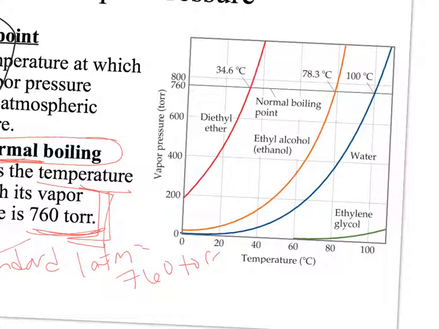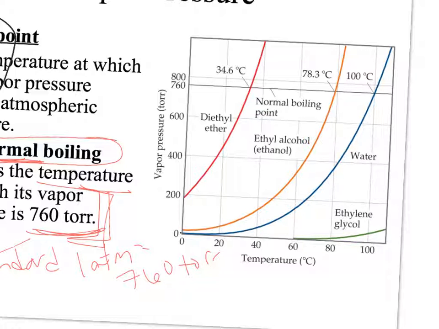So we'll do this one in class. But we'll just estimate right now. 0.8 atmospheres is about 8/10. So this is 1 atmosphere, 760 torr. So about 8/10 of that would be somewhere around here. If we go over here and find the vapor pressure at that pressure, that's here, we can scroll down. The boiling point would be about 25 degrees Celsius. So we can go over that in class tomorrow with an actual calculator.